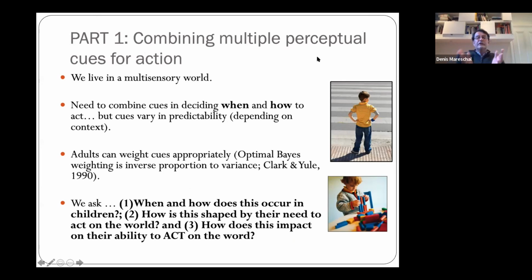All right, so let's start with combining or using multiple perceptual cues. As we've said, we live in a multisensory world, and to use that information effectively, we need to know how and when to combine sources of information that are coming in at the same time through different sensory modalities. So, for example, when this child is thinking about crossing the street, he needs